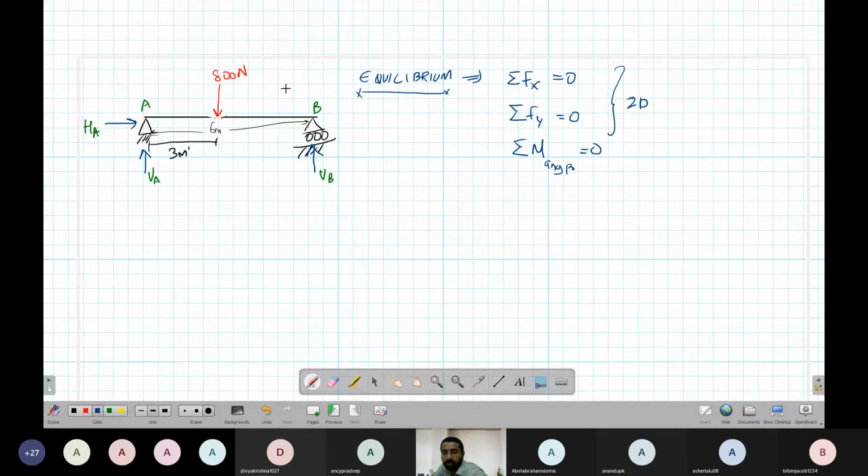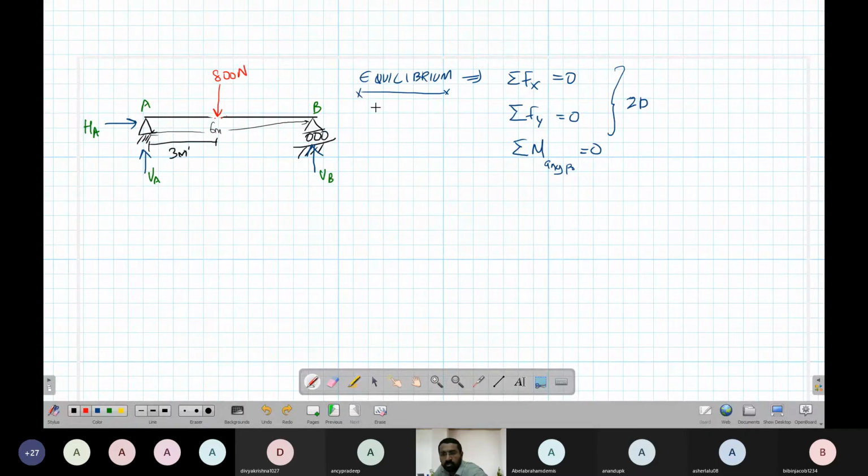When a body is in equilibrium, the sum of the components of all the forces in the x direction will be 0. All the forces acting on the body in the x direction, or the components of all the forces on the body in the x direction, should be equal to 0. We say components because the force may sometimes act at an angle like this. Okay, so that also is a possibility, right? So let's say